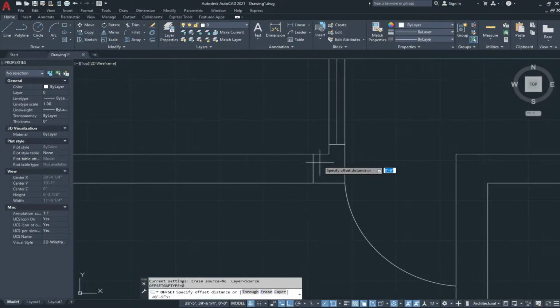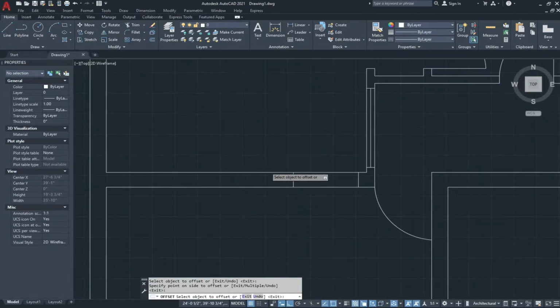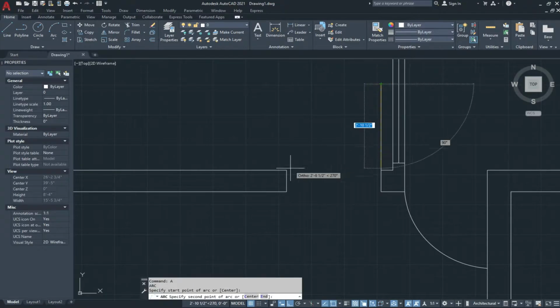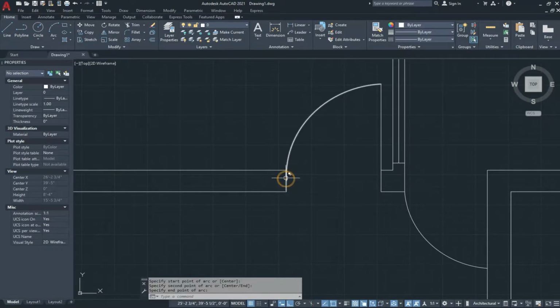and get the offset 3 feet. TR double enter and draw a line here with the 3 feet, and with an arc tool we draw the panel.